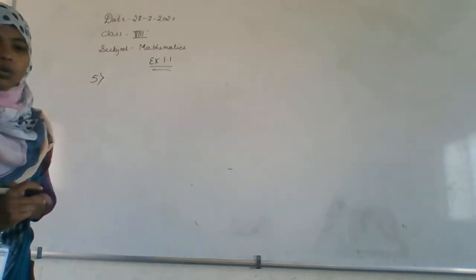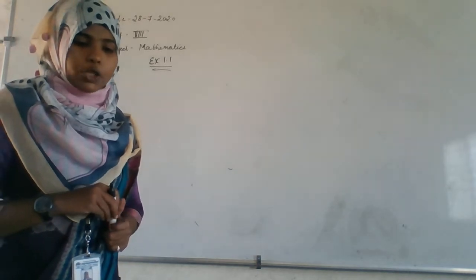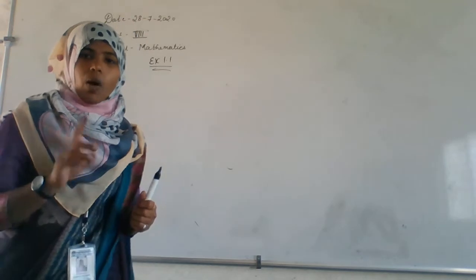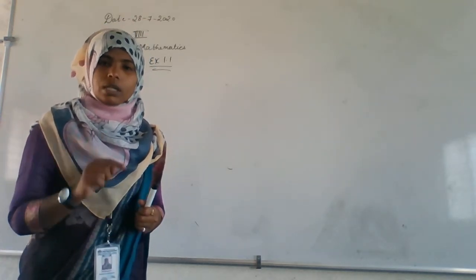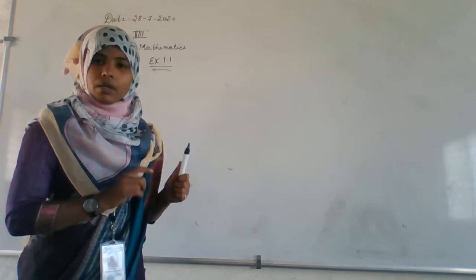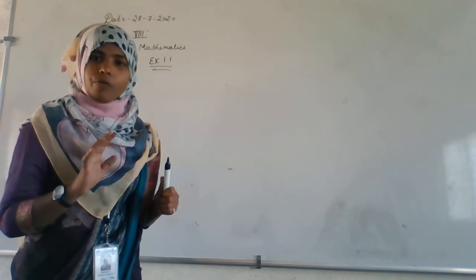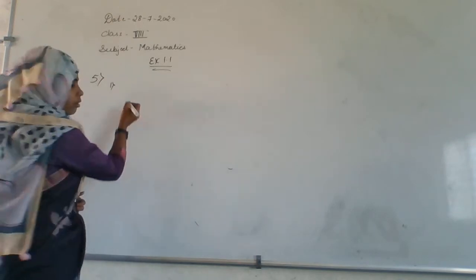Question number 5. What they are saying is: using the appropriate properties of addition of rational numbers, evaluate the following. It means they have only given the rational numbers. Here you have to apply the proper property of addition and evaluate, which means find the values. The first question they have given is 5 by 7